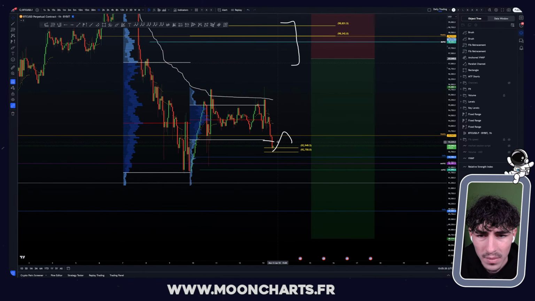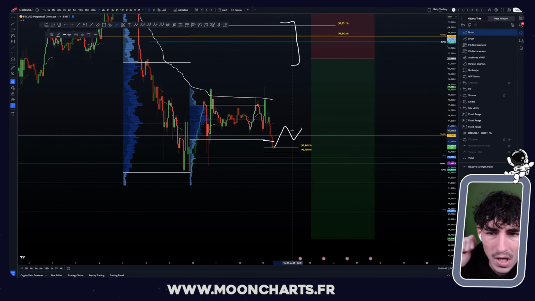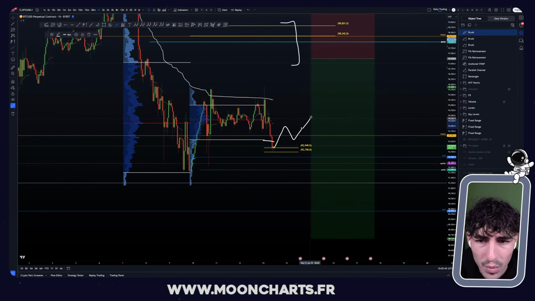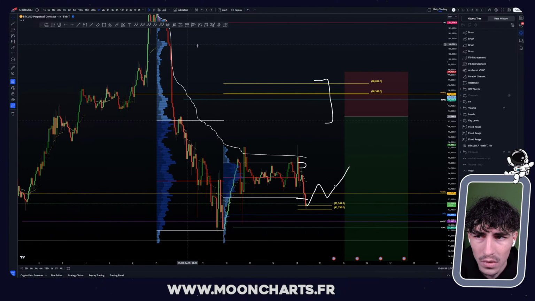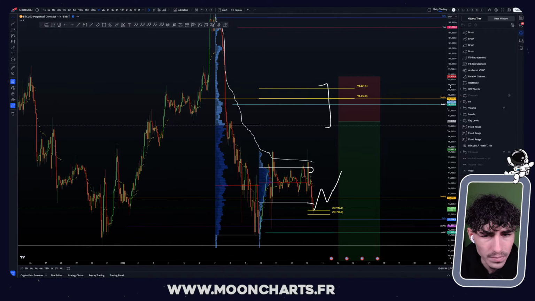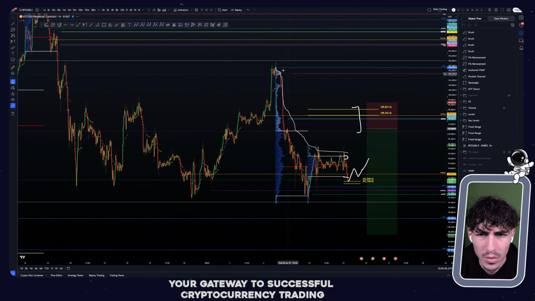If we manage to reclaim this and flip this into support, so to speak, do this. If we manage to reclaim this value low weekly level and flip this all into support, that can bring us another increase in price to around this high at the very least, with the anchor rate view up from the top right here. Not the all-time high, by the way, but this top here.